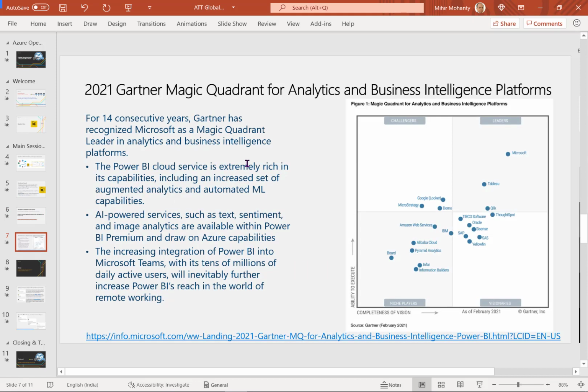Before that, let's understand why Power BI, why you should be focusing on Power BI and what its importance is. If you look at the very latest report from Gartner, the 2021 Gartner Magic Quadrant for analytics and BI platforms, you can see we are the leader in the market, followed by many others who are coming as challengers, or there are a few niche players, and a few visionaries who come along with us.